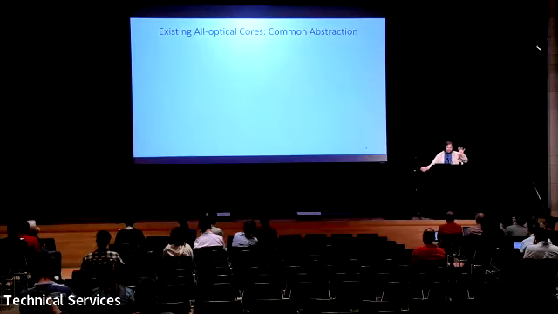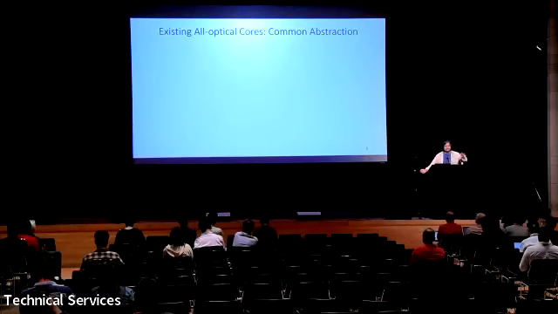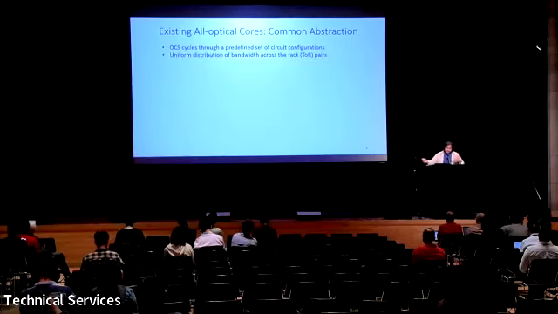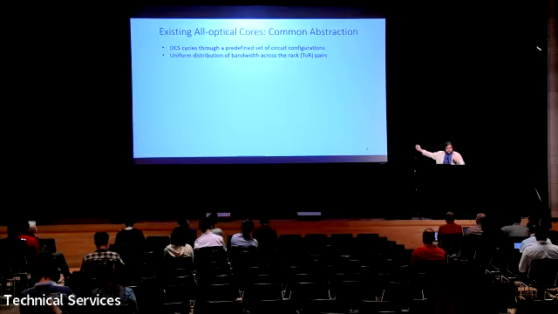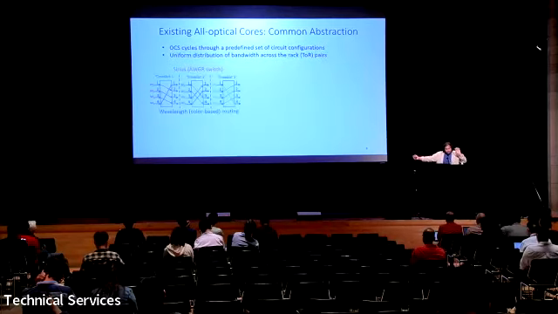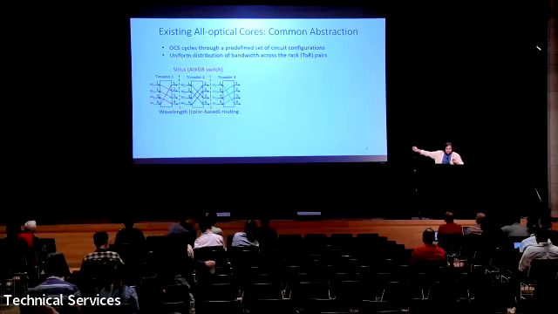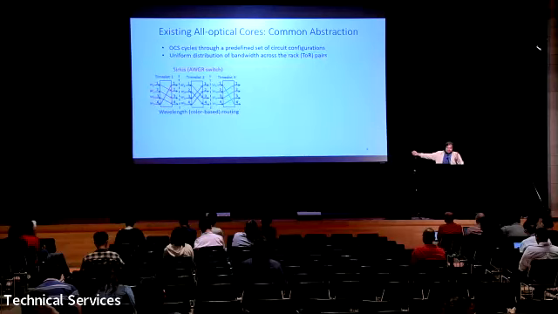One of the few popular ideas for all optical circuit switch cores are Sirius, RotorNet, etc. Now, I would like to mention here that they have a very similar abstraction underneath. They might use diverse optical switches, but their underlying abstraction is this: the optical switches are going through a predefined set of circuit mappings. For example, here I focus on Sirius, where you have these AWGR switches.